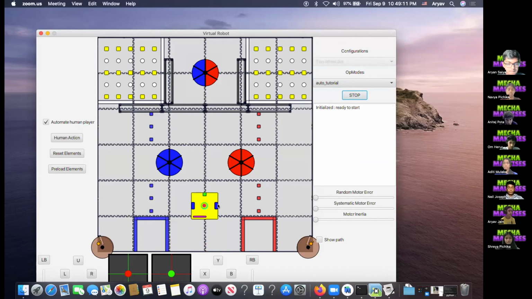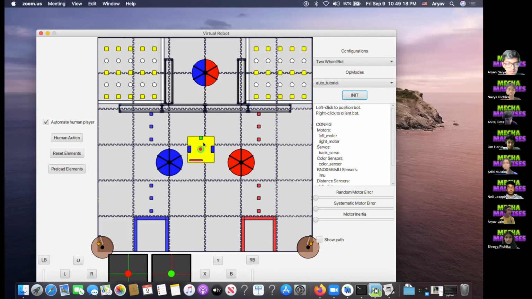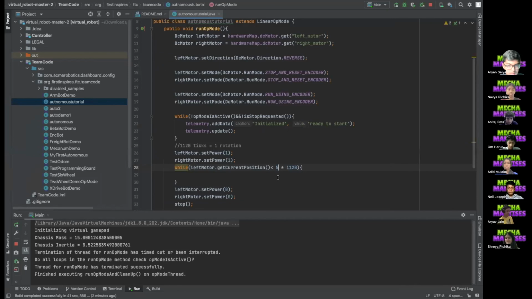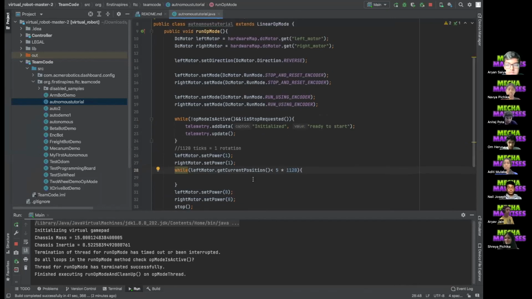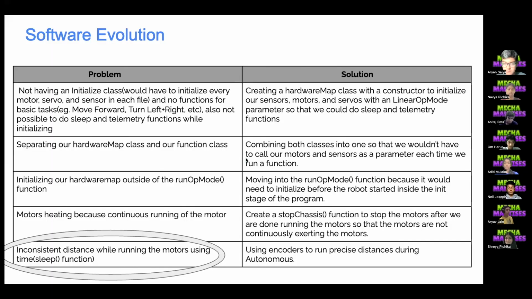So now it should move 5 rotations and then it stopped. So 5 rotations, it's basically like 1, 2, 3, 4, 5. I don't exactly know how many tiles, but you can check by decreasing this number and then it should be less. But that's basically how you run an autonomous using an encoder. So that's basically all we have for